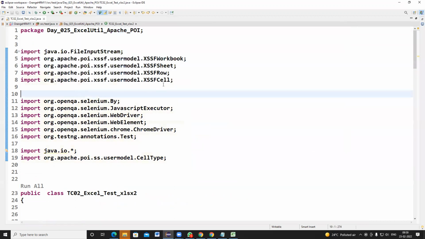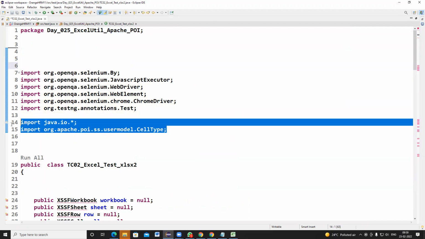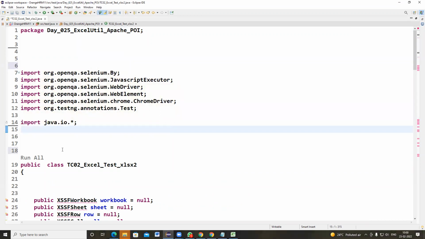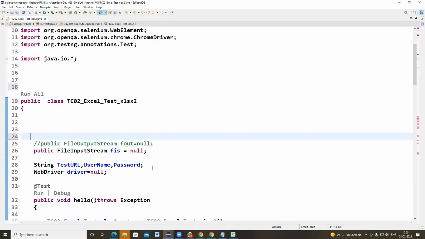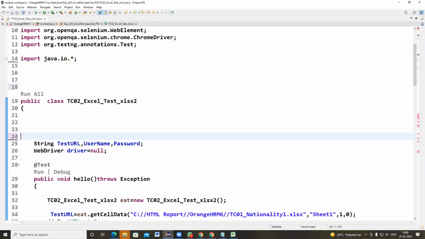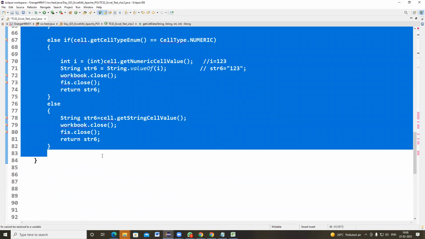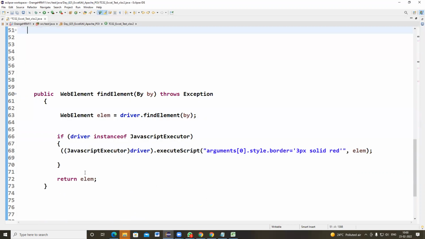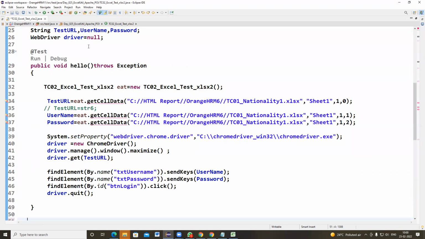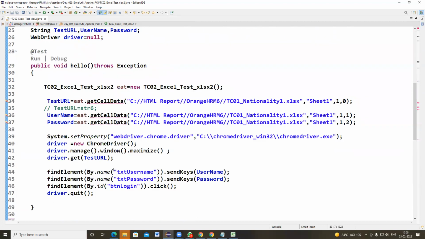So what I am doing is deleting all these lines of code. I'm deleting all the org.apache.poi lines of code, and I'm also deleting these lines of code as well, and this method also. So right now there is no get cell data method implementation in my current class, correct?